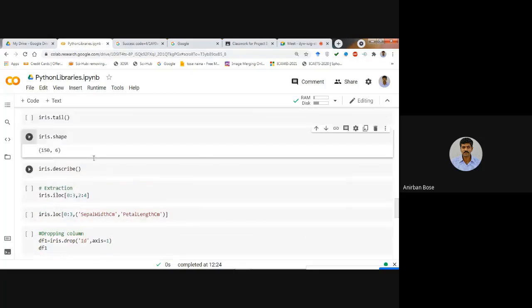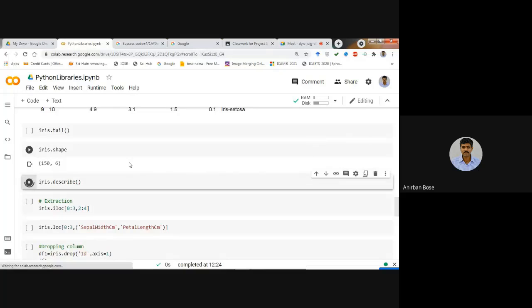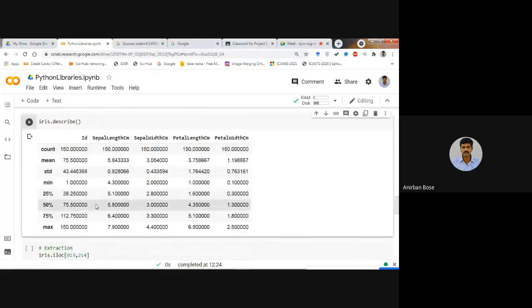Now if you want to see a description of the whole dataset, it is iris.describe. If you execute, you see that it gives you the total count, that means how much data there is, then the mean of each column, the standard deviation of each column, and the minimum and maximum of each column, and the lower quartile, upper quartile, and the median of each column.